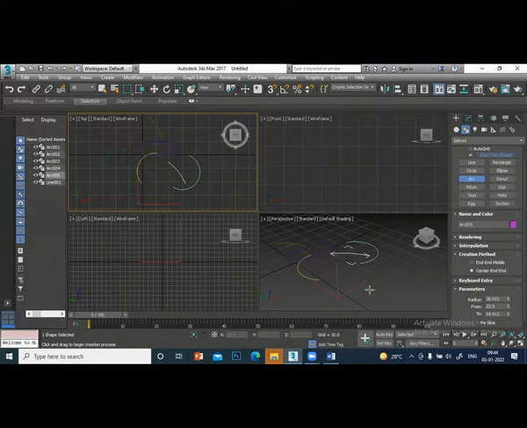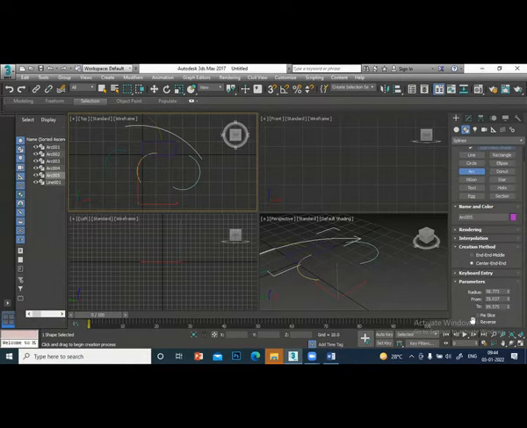The size of this arc can be increased or decreased using the radius. You can adjust the arc length, etc. And there is an option called pi here.